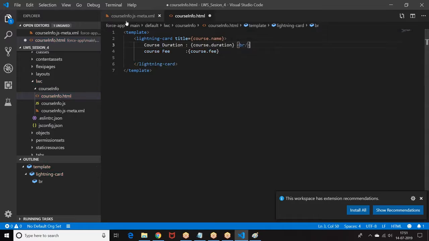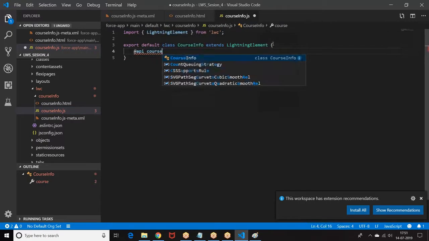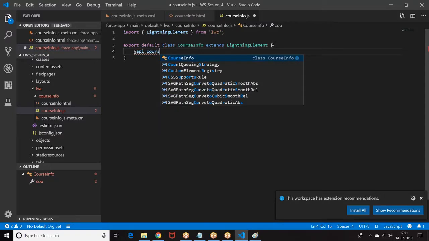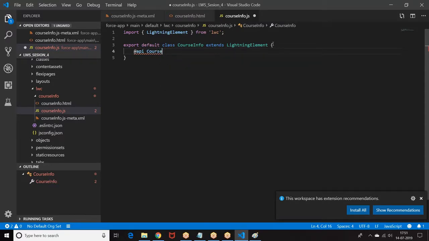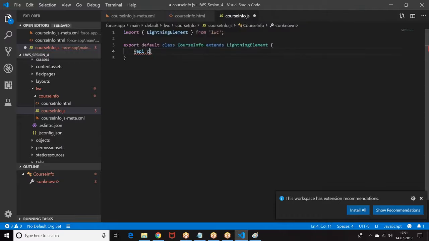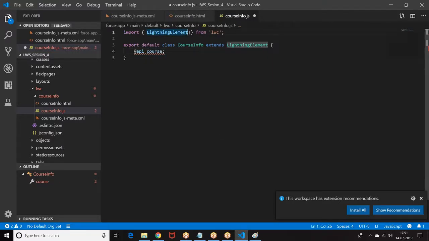Okay, now I have course scripting here. I'm making one public property here, at the rate API course. Right, API.